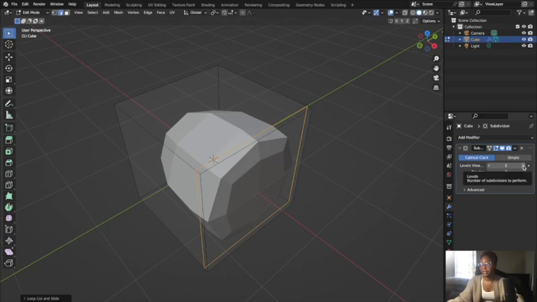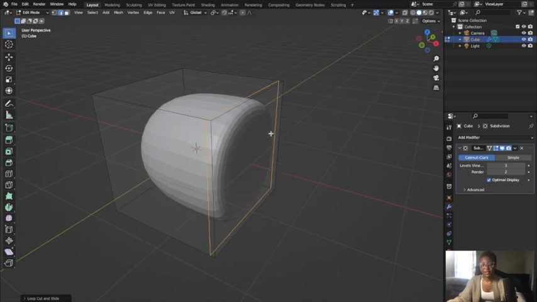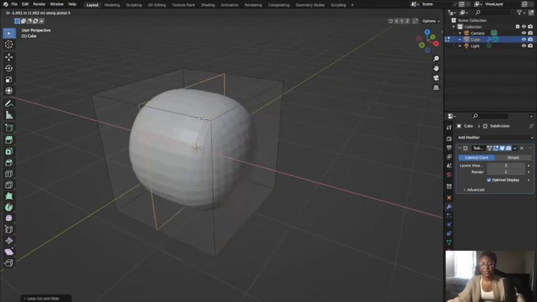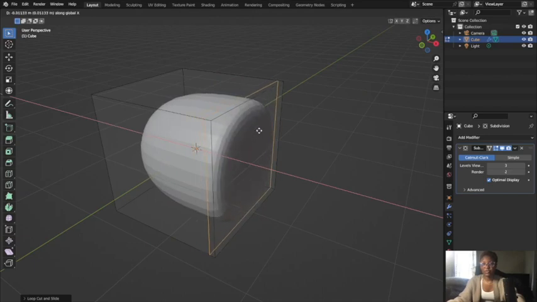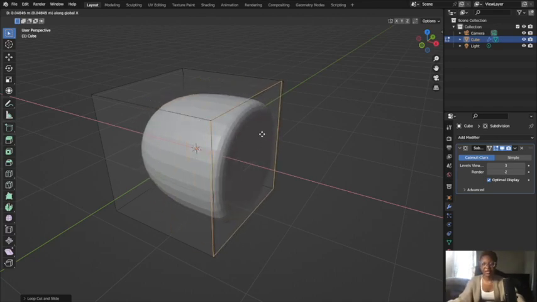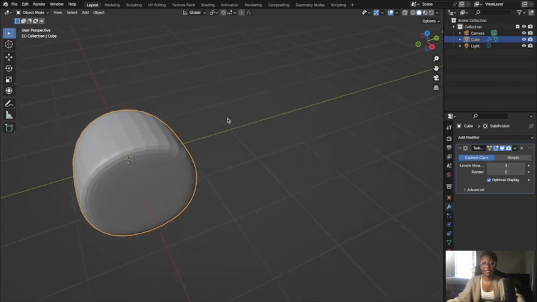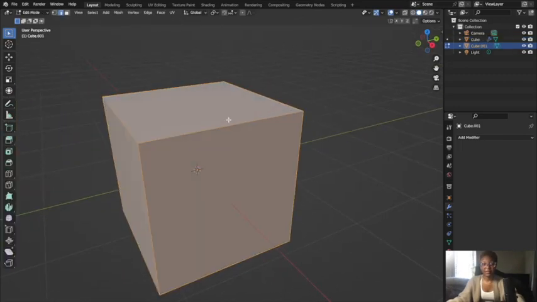We can come over here to this modifier and increase the amount of subdivisions, and as you can see, this comes in handy for having more control over the edge, because sometimes when you create a bevel, you don't always have control, right? So sometimes it's nice to have a little bit more control over the edge here. But this also does work with beveled edges. So if you have a beveled cube here and you need to add more geometry to that in certain spots,